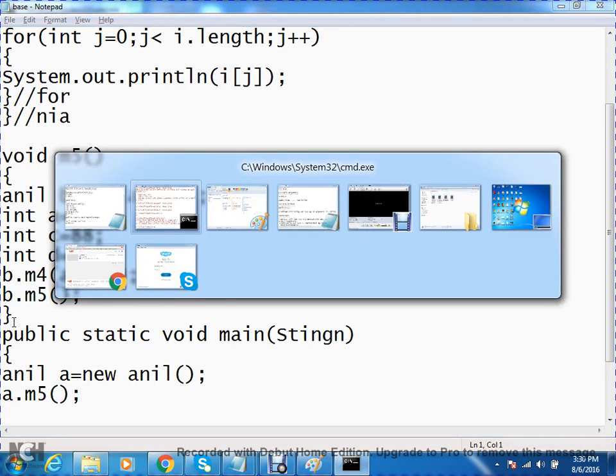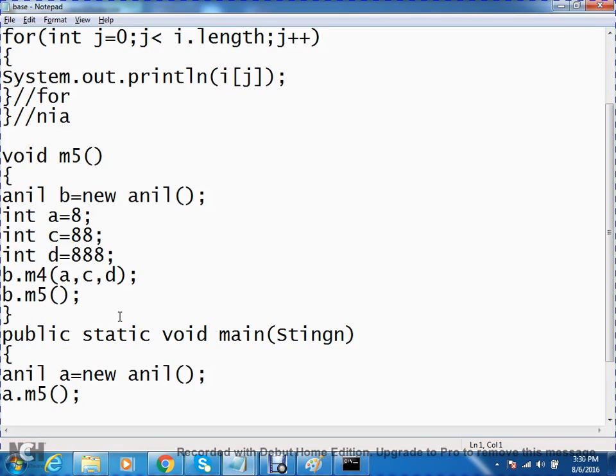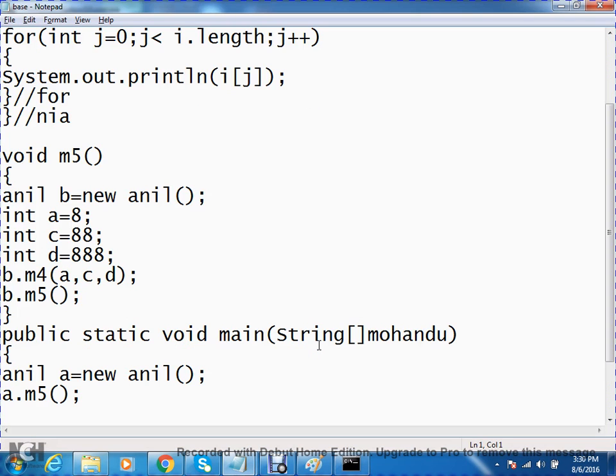Now come here. Compile this one. Execute. This is what, a String array. This is the variable argument. I can write the variable name even not here, anything also. Nothing to worry. It is valid only. Observe. Because a variable is an identifier. Apply all the rules for identifiers. Now it is valid.